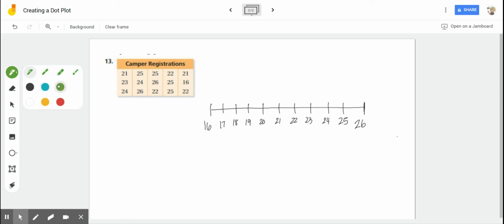On this one, I'm trying to go a little faster for you, so I've already set up the dot plot. I noticed that the lowest number is 16 and the highest number is 26. Your homework says to create a dot plot. So I'm going to put a dot on 16 and cross that off. I don't know why I started over there. I'm going to go to 21, put a dot, 23, put a dot, 24, put a dot, 25, put a dot,